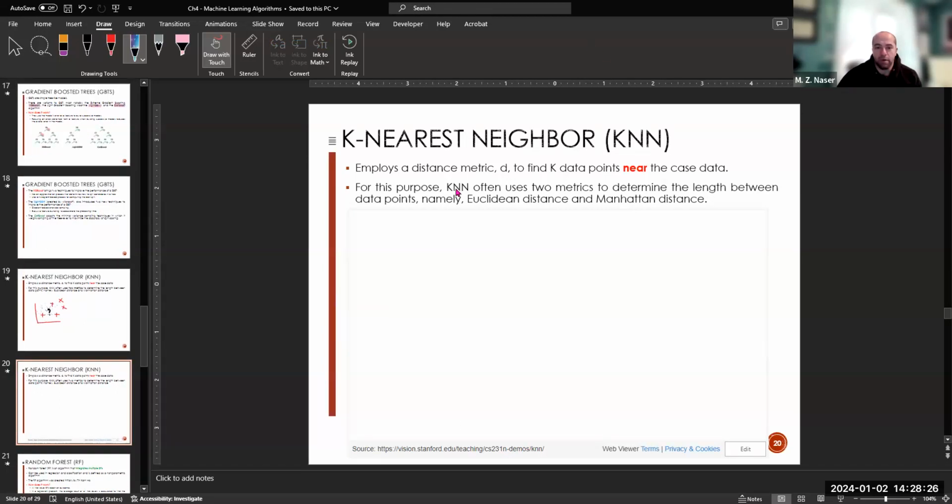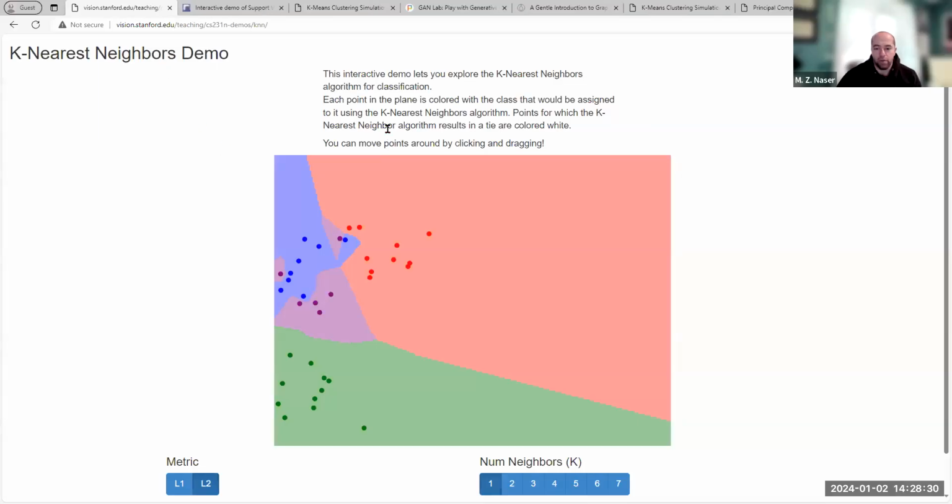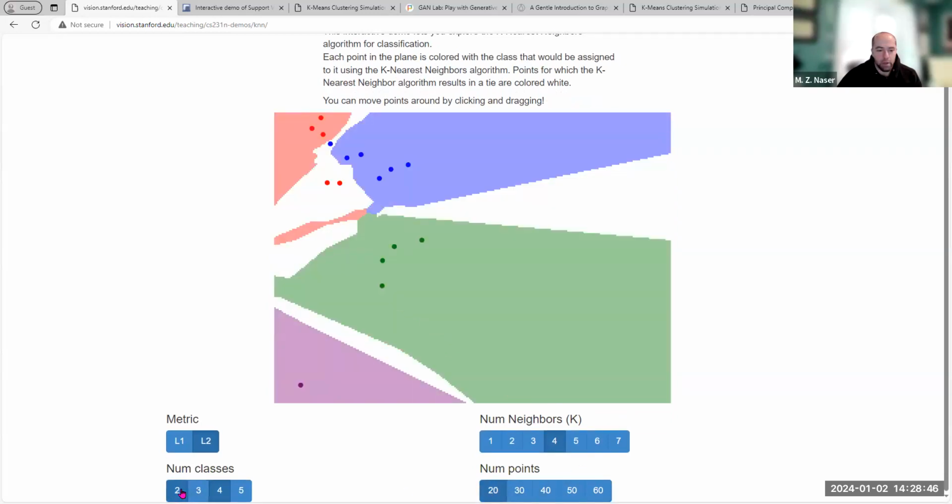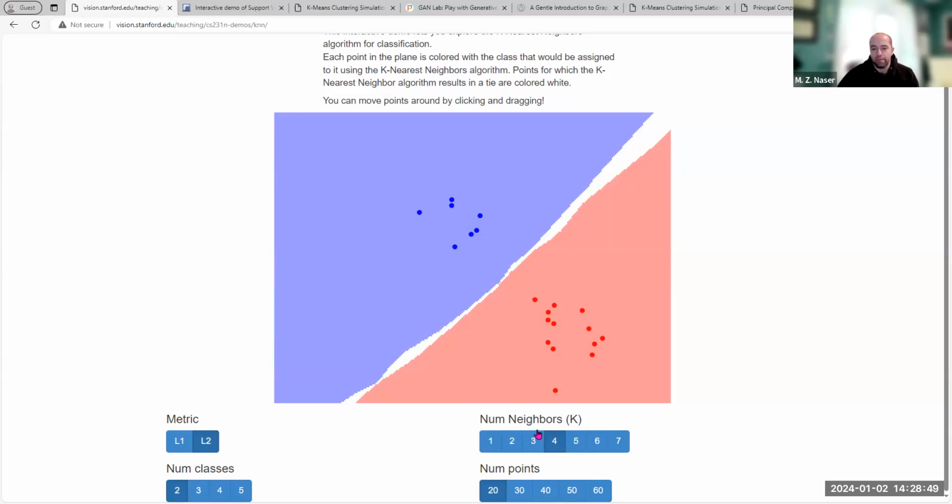Let me go back to my browser. Yes, so this is a demo from Stanford. This is what we have. I would like to use 4 neighbors, and let's keep this at 2 classes. So we have 2 classes, and I'm going to be using the 4 nearest points. If I'm thinking here, all of these are red, all of these are blue. If I make it 2 points, you can see